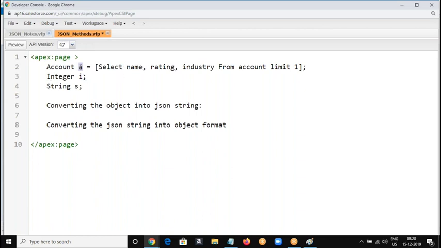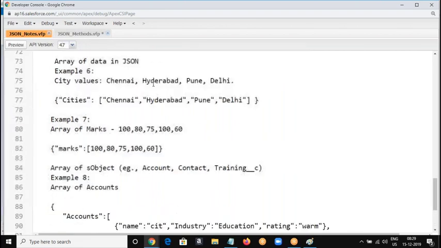That object can be an integer or an sObject record or any type of data. In general, we refer to it as object. So how to build the string with the help of predefined methods. We have seen the format manually, how the JSON string looks like. We are not going to build this manually. If you know the format, then we are going to automate this